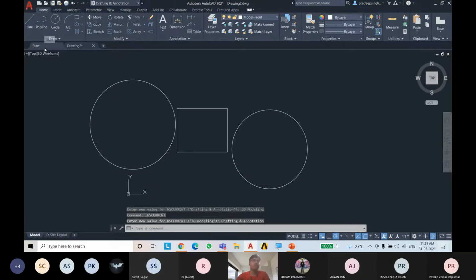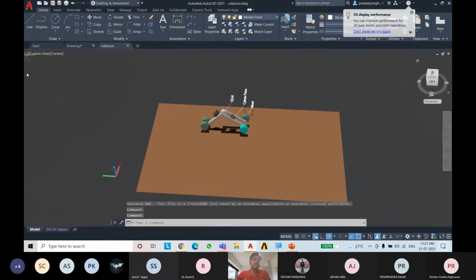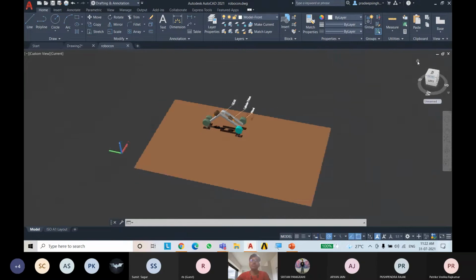Now I will show you the use of this workspace. So you can see that there is some cube here. This is the view cube. You can see that there is written top left and there is a home icon. This home icon will tilt this object into the isometric view.